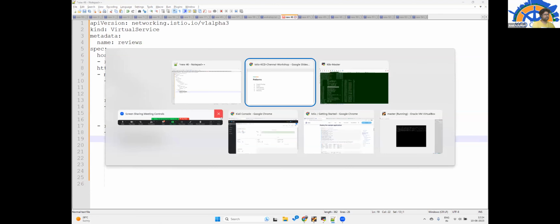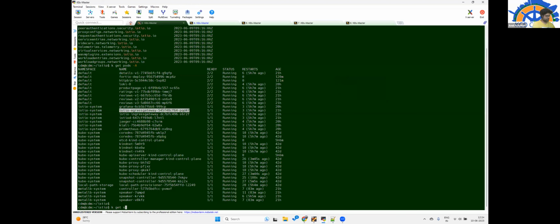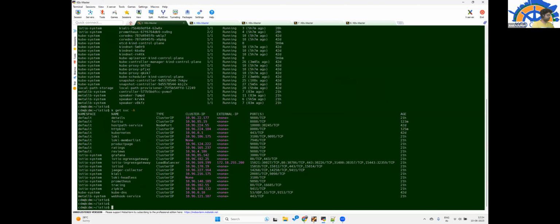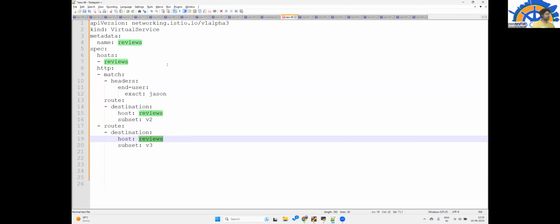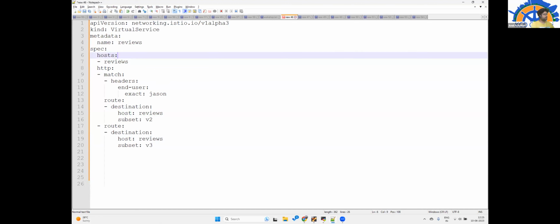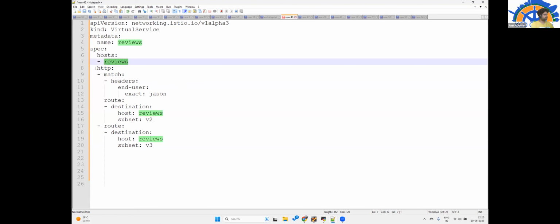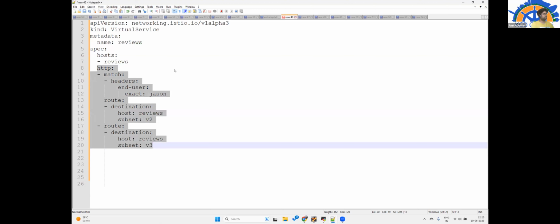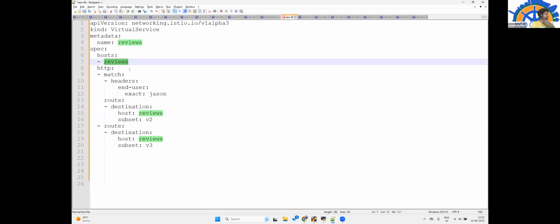Okay, so if you see in our Kubernetes, this one, this is the service reviews, which is over here. In the example, the name used is the same, which is misleading, but these two hosts, this one and this one, are different. These are the placeholder names which will be used by the client to connect with a specific service, and these are the services configured over it. So these are the services it would connect with for this name.